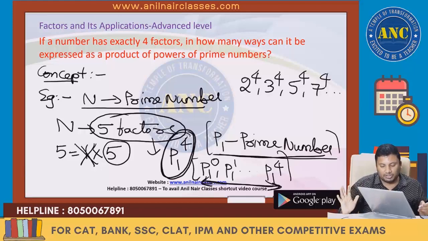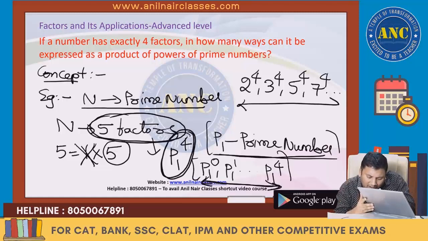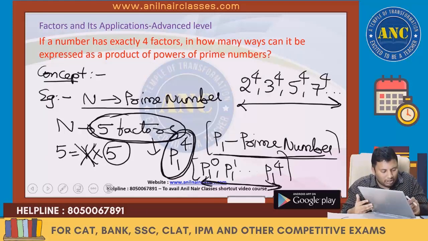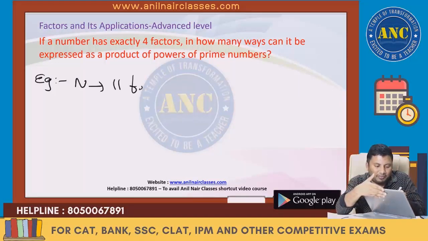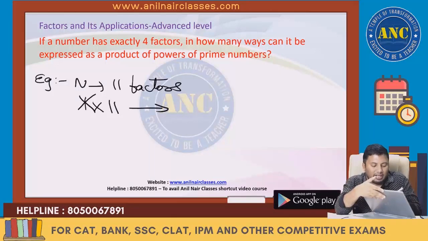Some more examples. If 5 factors are there, there could be n number of numbers where 5 factors are there. One more example. If a number has got 11 factors, how to find the number and write down the list of numbers that are possible. 11 factors is 1 into 11. 1 is omitted. 11 means it can be P1 power 10.